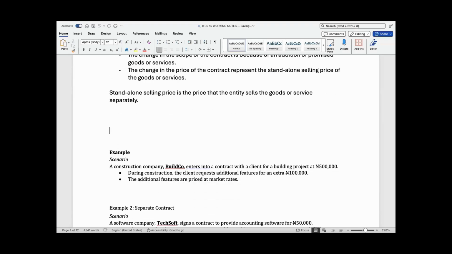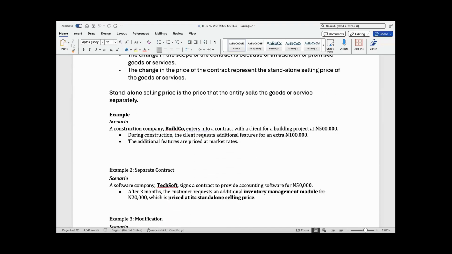Let's look at this scenario so that those explanations will sink. It says a construction company, Buildco, enters into a contract with a client for a building project at 500,000. During the construction, the client requests additional features for an extra 100,000. The additional features are priced at market prices. So here, trying to analyze this,